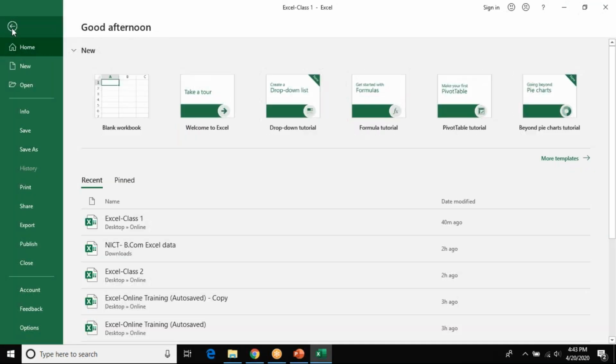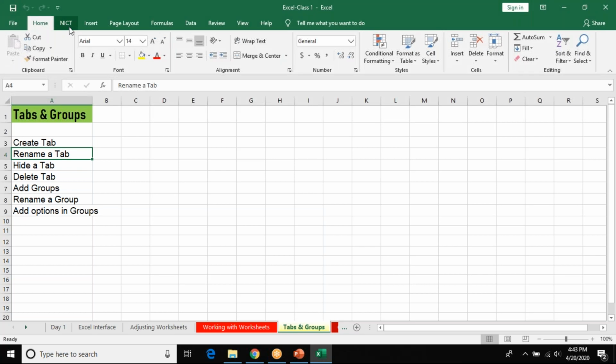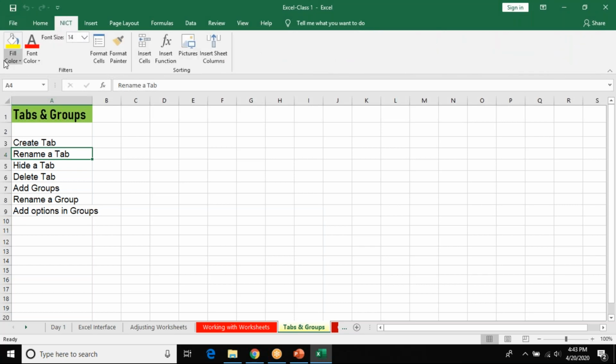Now File, Home. Let's see what happens under NICT. There you go. My tab is called NICT and my group name is Filters. Under Filters, I have all these tools. Now I also created one called Sorting, and I have these functions.